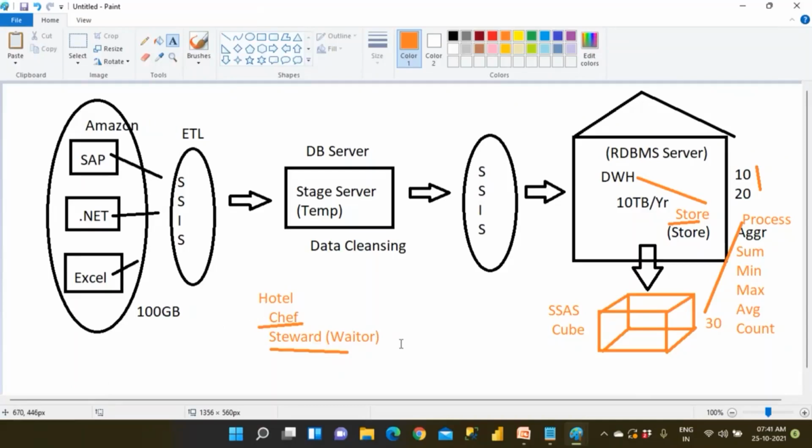But the load will be more on the chef. The chef will be loaded with overwork. So I don't want to use the data warehouse for the processing. Processing also you can do it, but it is not the right way to do that. We are going to be hiring one more guy. That guy is called SSAS. Clear? So tomorrow we'll talk about the difference between SSAS tabular model cube and the multi-dimensional one.